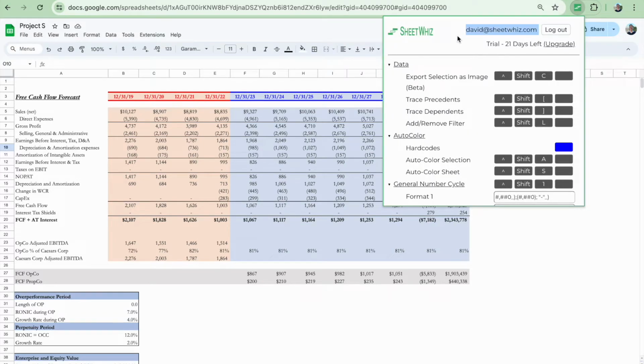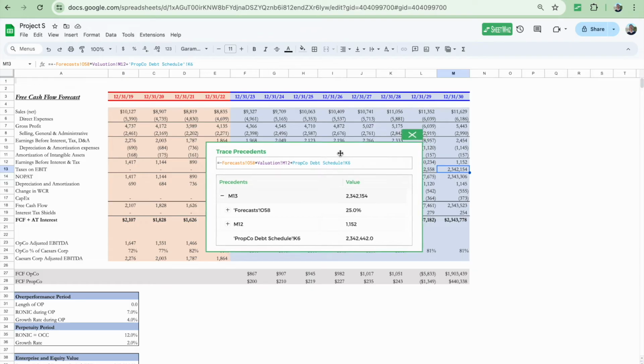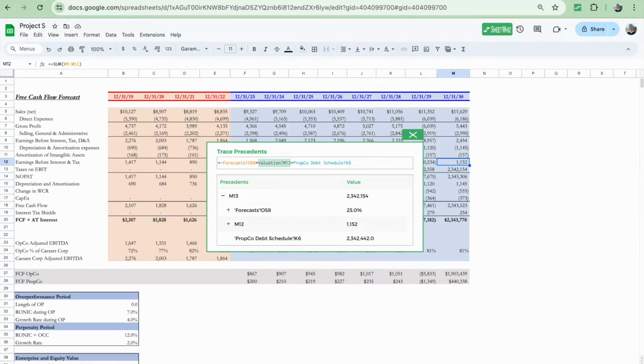After the tool's been installed and you've logged in, you'll be able to run Trace Precedence. The tool not only gives you visibility on all the cells that form the references, but takes you to where the precedence cells are, and you can quickly navigate the window which shows you these cells by using the up